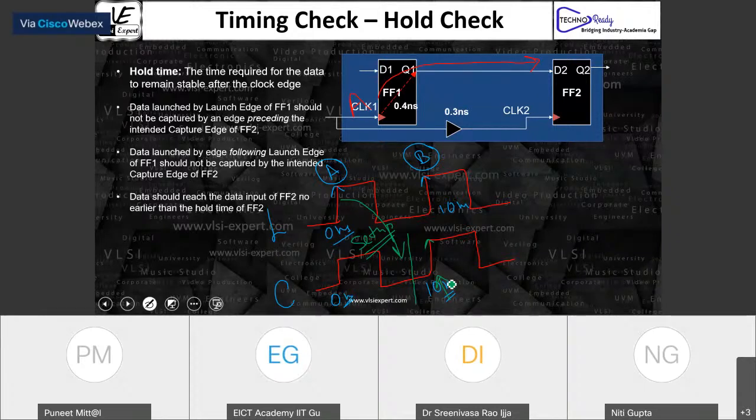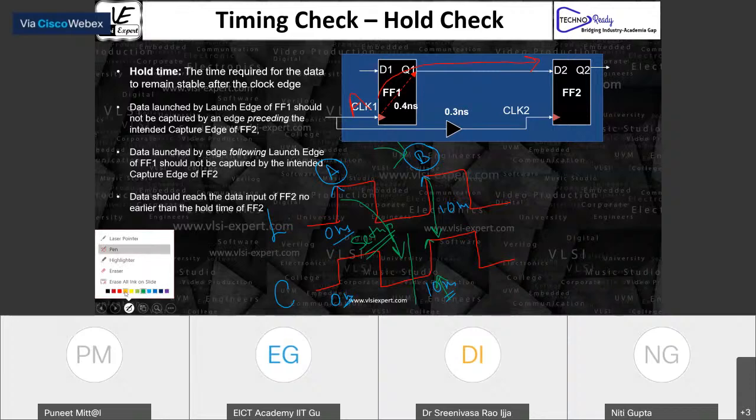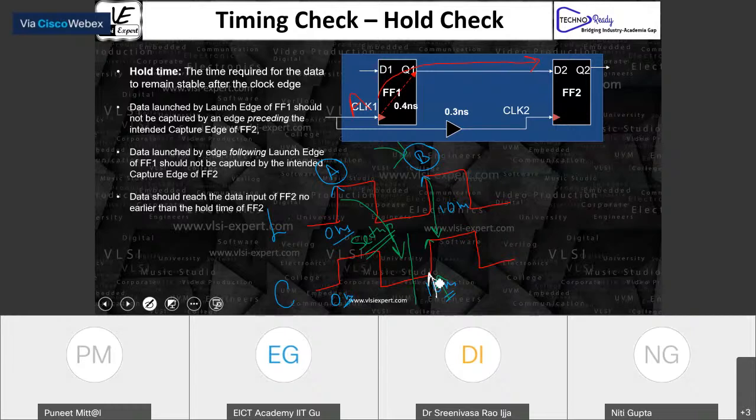But now the second thing comes into the picture. The second thing is you're launching another data from B. And let us suppose this B reaches very fast and it reaches somewhere here. This is the analogy which I gave you yesterday. At this point, you're boarding a plane, and after boarding, it is going to take some time to fly. Let us suppose the time is this.